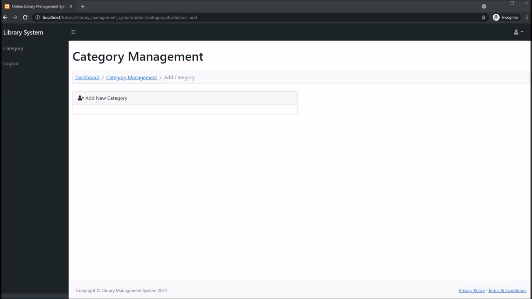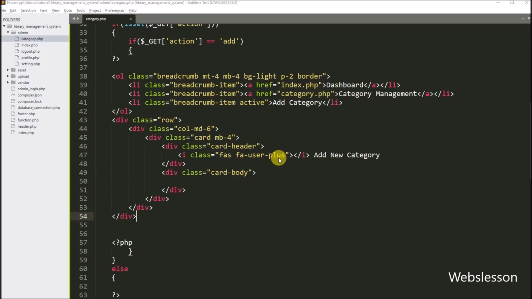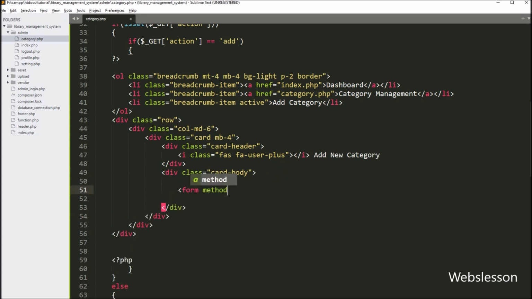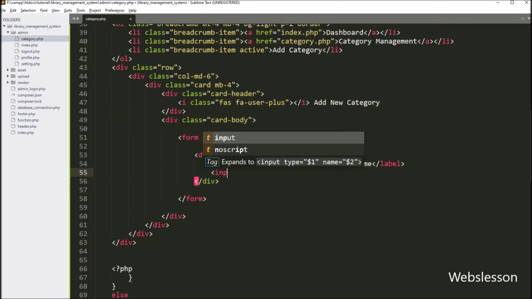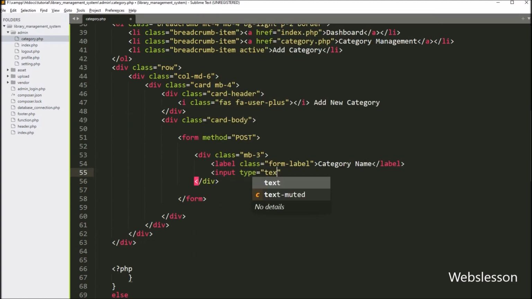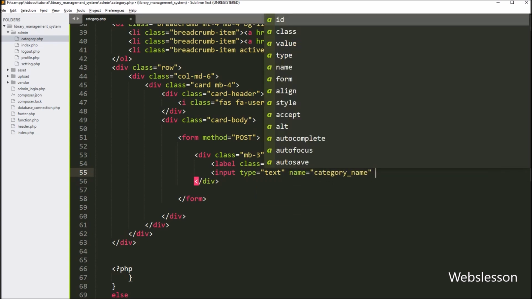Now we want to make a form for adding a new library book category record under this system. So here, we have created one form tag with the method attribute equal to post. For entering category name details, here we have created one input tag with type equal to text, name attribute equal to category_name, and id attribute equal to category_name.